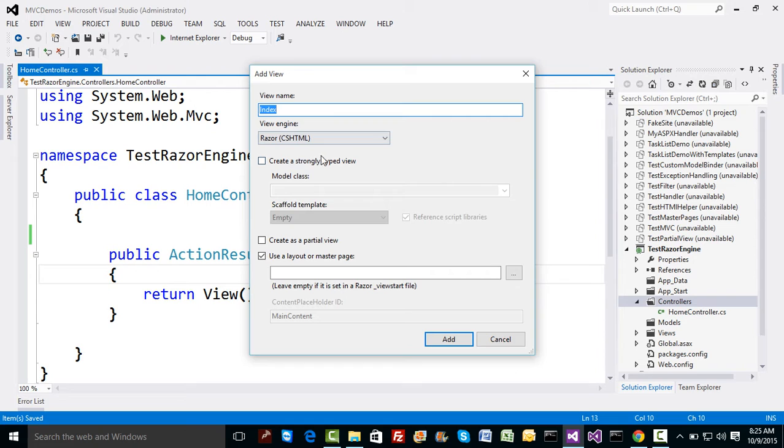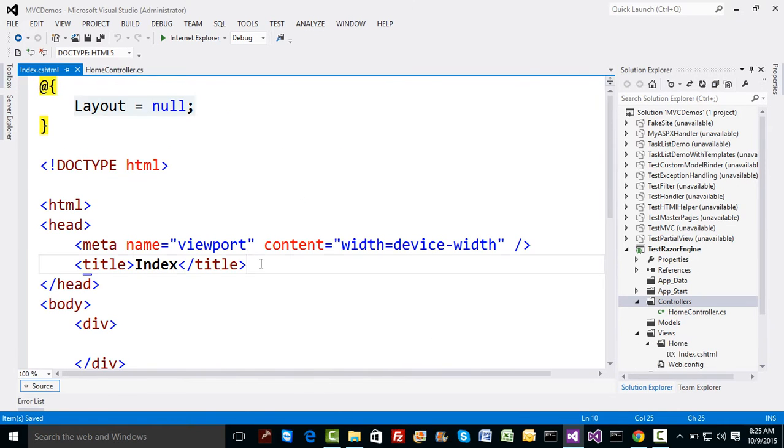view for Index, but this time I'll not pick ASPX, I'll pick Razor. CSHTML, in the sense of code with respect to C#. You may go for VBHTML supporting VB. So I'll pick a new master page and let me add it to the application now. Have a look, a slight difference.